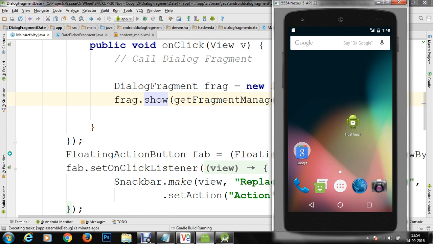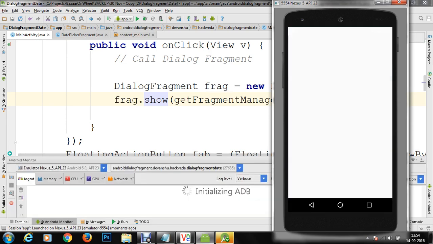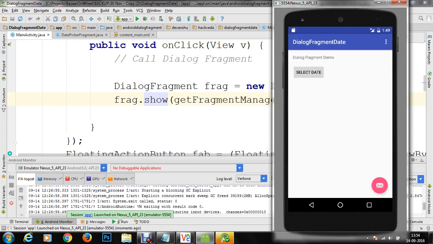Now it is being indexed, and it will be launched on our emulator Nexus 5. The Gradle build finished in 1 minute, 4 seconds, 24 milliseconds. And the application is now launched within your Nexus 5.